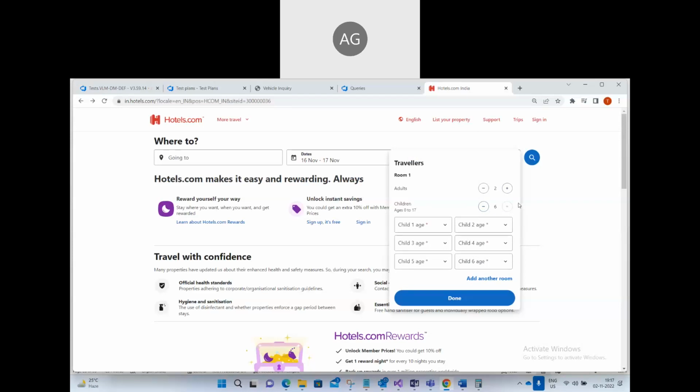Understand? Same way, there is a range for the child. Age limit is 0 to 17, right? So if you open the drop down, you see he can choose. So 0 is not age, under 1 is there. Instead of 0, under